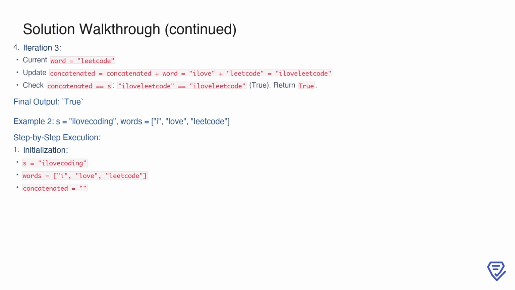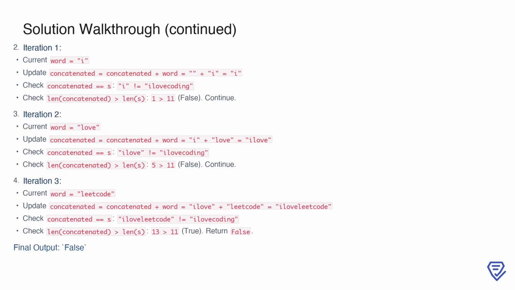Since concatenated is not equal to s and its length is less than 11, we continue. In the second iteration, the current word is "love". Adding "love" to concatenated updates it to "a love". We check again if concatenated equals s, but "a love" is not equal to "a love coding". The length of concatenated is 5, which is still less than the length of s, so we proceed to the